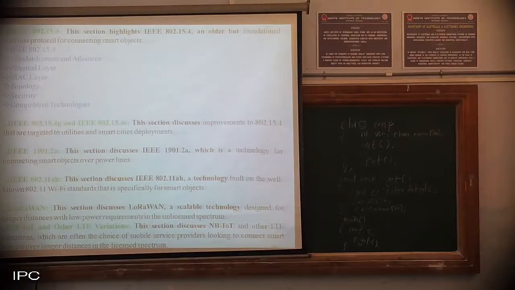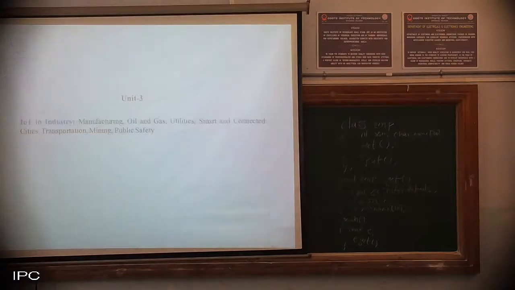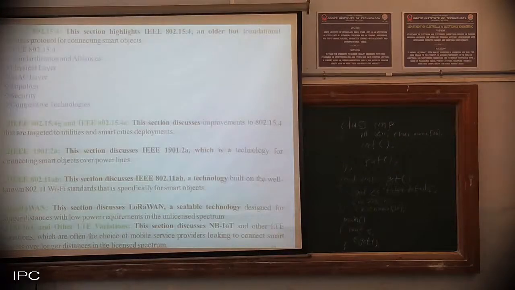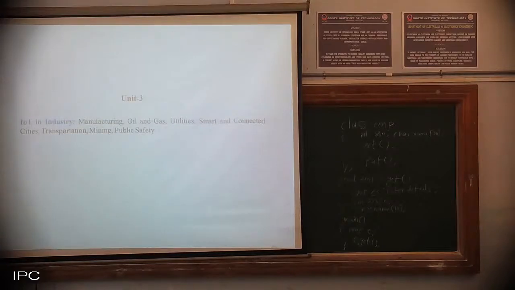It is mentioned in the textbook, and I have already circulated this material. It is to be studied. Okay, this is also a self-learning unit. And in tomorrow's class, I am going to discuss about